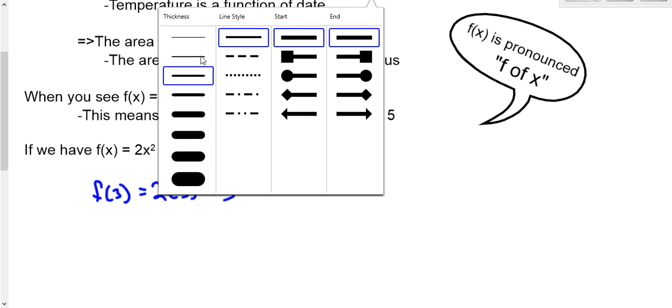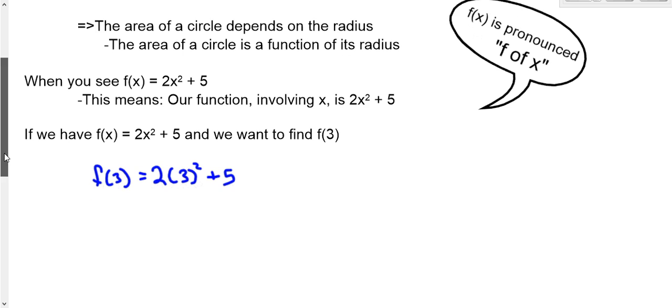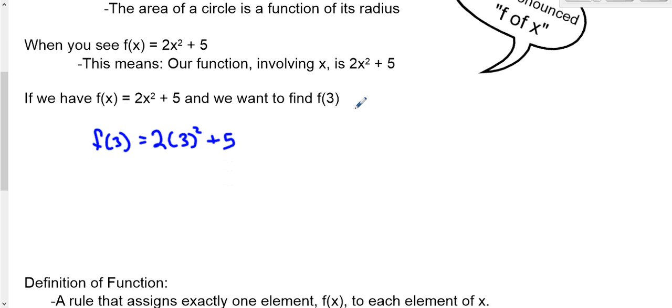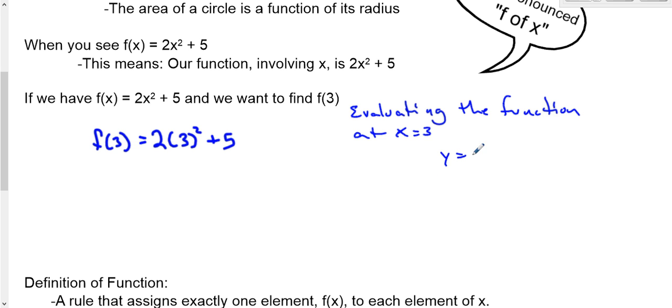We are evaluating the function, or the equation, at x equals 3. It's kind of like saying, given the equation y equals 2x squared plus 5,